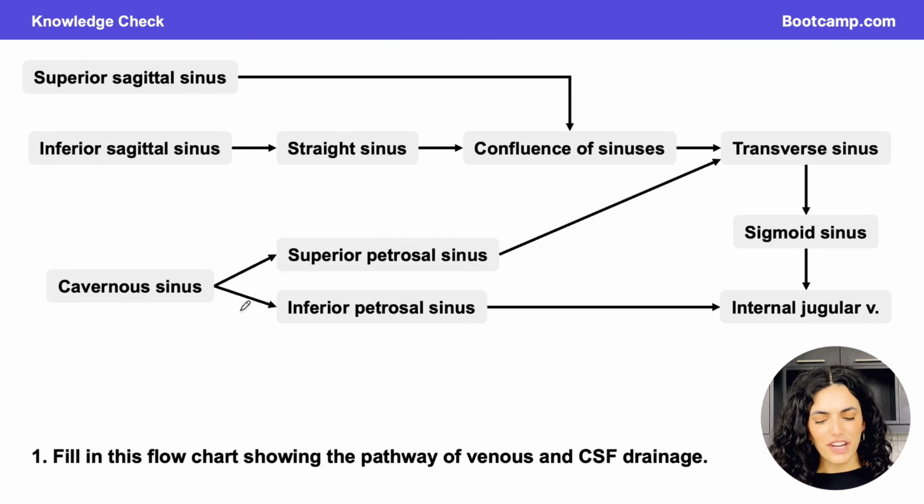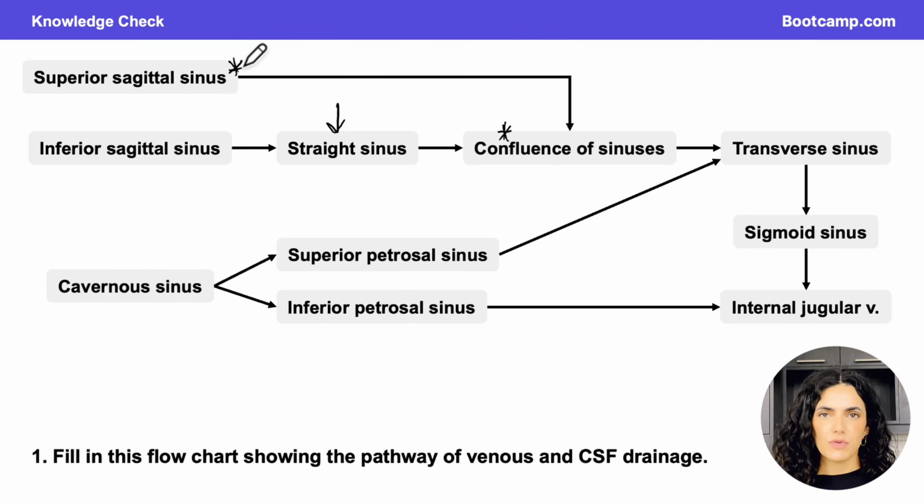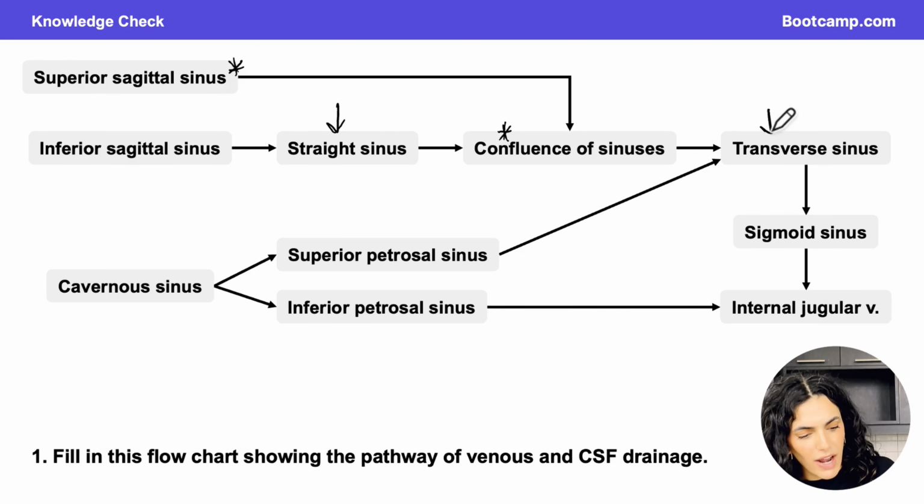So if we start off with our inferior sagittal sinus here, the inferior sagittal sinus will travel posteriorly, where it will form the straight sinus that will then contribute to the confluence of sinuses. So remember, the confluence of sinuses is where we have the connection of a lot of the different sinuses, including that connection with the superior sagittal sinus. The confluence of sinuses will then extend transversely, right? Those travel a little bit more laterally and form the right and left transverse sinuses. We then said that the transverse sinus will form the sigmoid sinus, that S-shaped sinus, that will then drain into